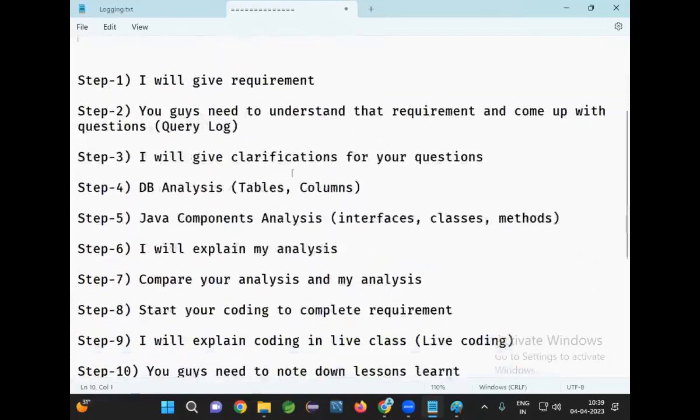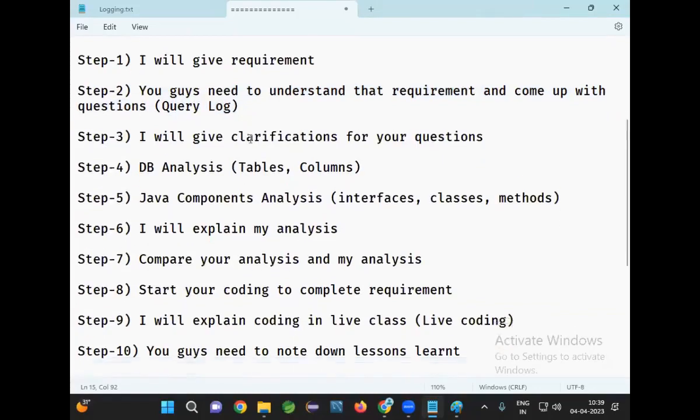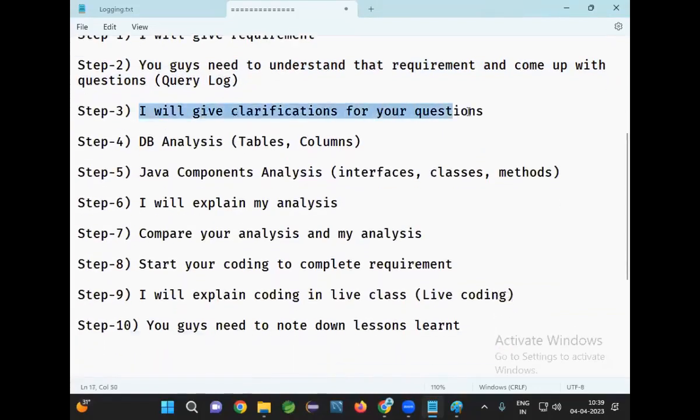Read it once again. First step, I will give the requirement. Second step, you need to understand the requirement and come up with your questions. Then I will clarify your questions. Any doubt that you have on the requirement, I will clarify. Then fourth step, database analysis. How many tables are required? How many columns are required? You need to analyze that. Then next one,